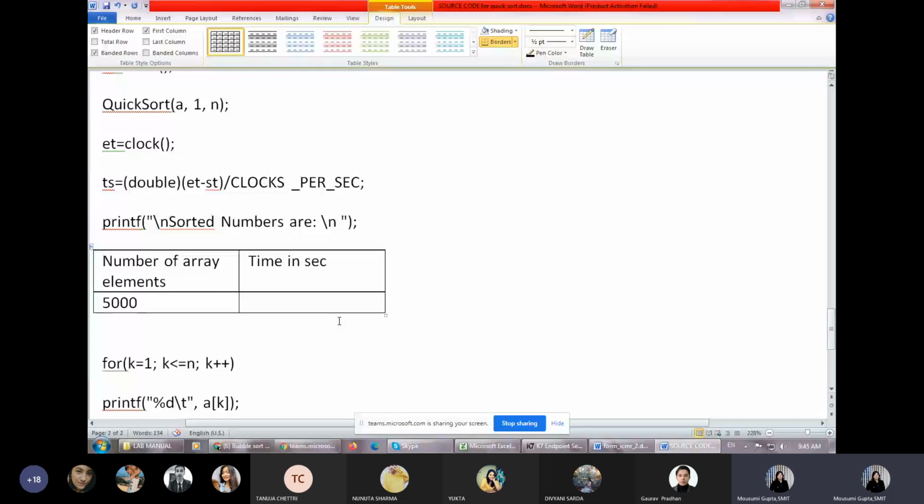On which platform you should work, there is no hard and fast rule. You can use Java, C, C++, or Python as well. Whichever platform you are comfortable with, write your algorithm on that platform and get the time. Then in your lab file, you need to write down the code, and as the output, you need to produce the table with the graph.